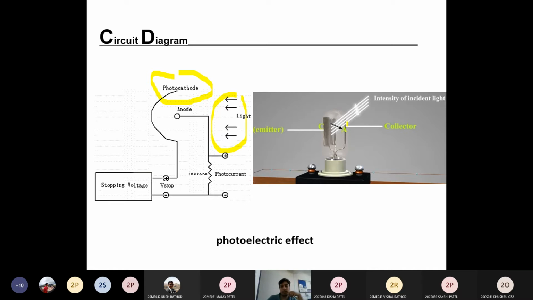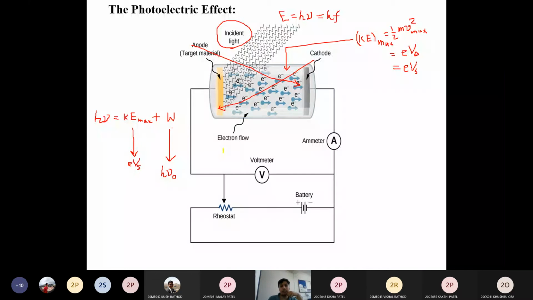अगर वो वहां पर अट्रैक्ट होगा, so definitely this circuit will complete, and we will get what? We will get current. So the same phenomenon we can see here whenever we incident any light. Okay, whenever we incident any light, definitely some electrons go from the cathode to the anode, and it completes the circuit, and because of completion of the circuit we will get some current in the emitter.